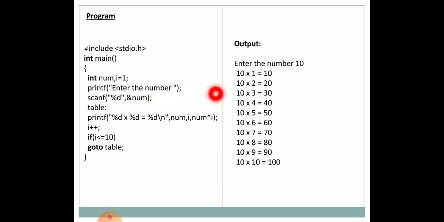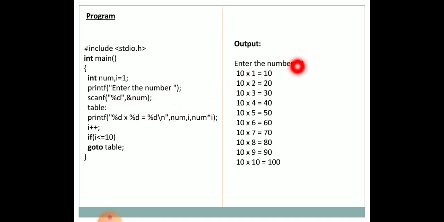For example, if the user input is 10, the value 10 will be accepted as the value of the variable num. So scanf("%d", &num) is used to accept the value given by the user through the keyboard as the value of this variable. %d is used to indicate that the value is an integer one.